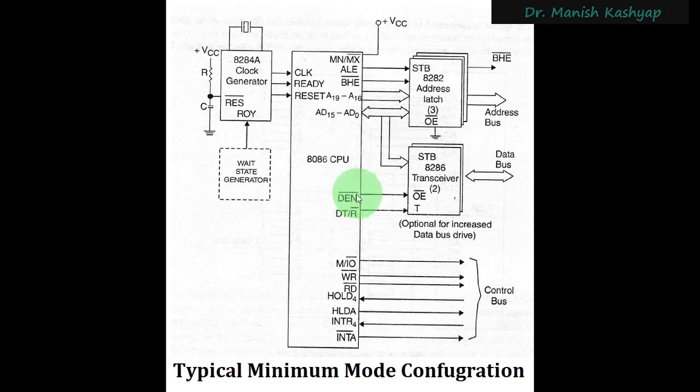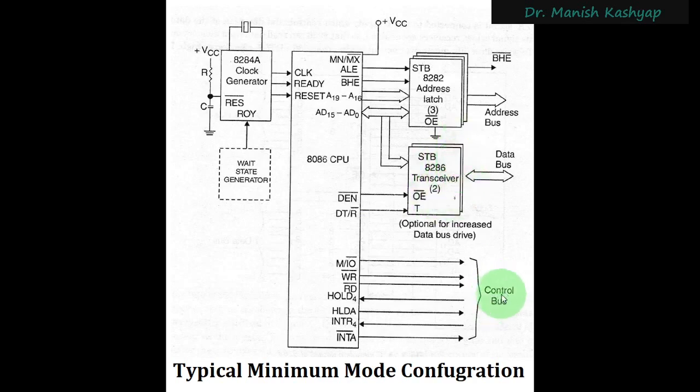Because if you keep this activated every time, the data bus and address bus will keep on changing their content, and those changes will also be reflected here. So the data bus that you see here will sometimes contain data, sometimes it will contain address. It should not happen. That is why we have this activator signal, which is called data enable, and it should be connected to the activation signal of this particular IC, or this memory, or this chip that you see here, right? So this is the description of that.